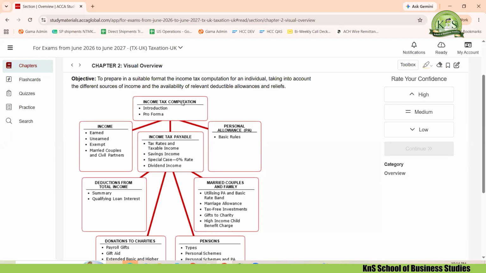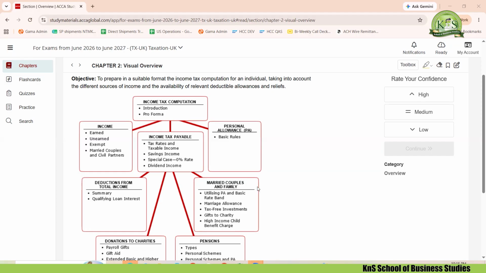Now, what HMRC has done is make up a system in which they put out different rates and different bands, and then they tax accordingly. If you open that document, some of the rates will come up. You don't need to learn any rates. You just need to pick the rates and apply them. That's all. So don't spend your time learning the rates.